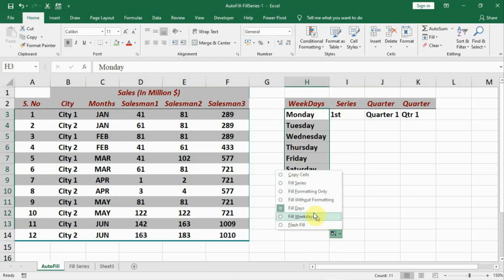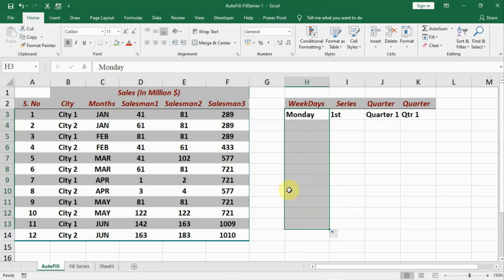Another option here is fill without formatting. It can fill without formatting also, or it can fill formatting only, and the data will be removed and only the formatting will be there. Like in Monday, whatever the formatting is, it will be that formatting only, like we have tried in the previous one.